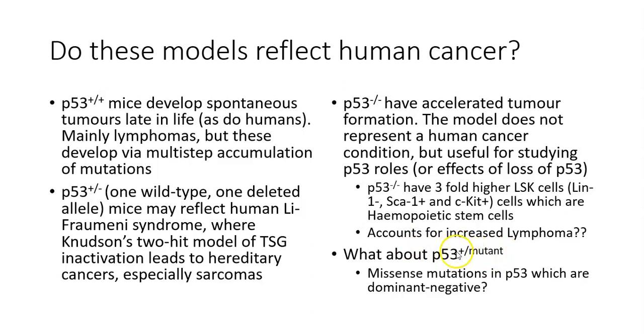Here we've got one good copy and one mutant copy, and these are generally missense mutations that change one amino acid into another, and these are what we call dominant negative mutations. And these are very interesting because many of the p53 mutations in human cancer are of this form. In some tumour types you do get tumours which are p53 null,